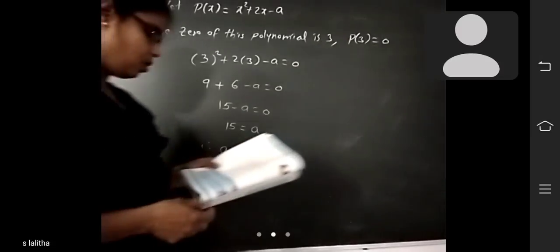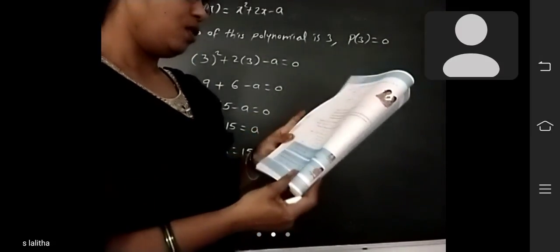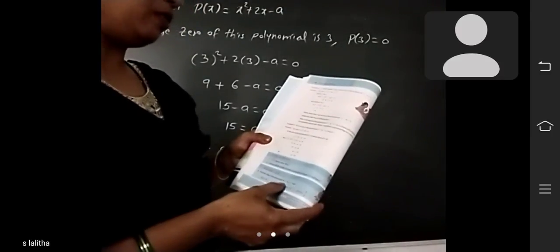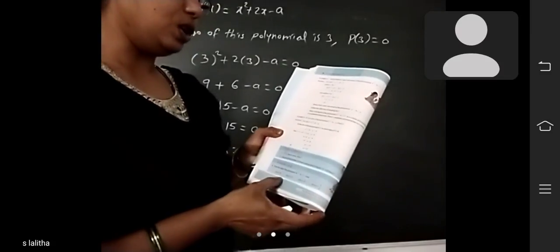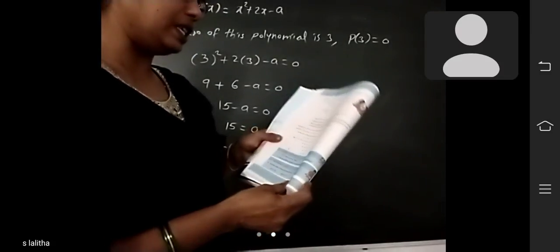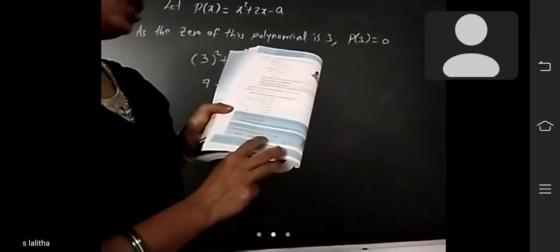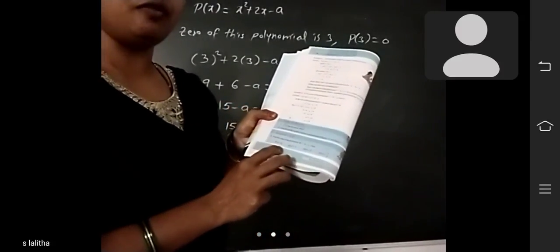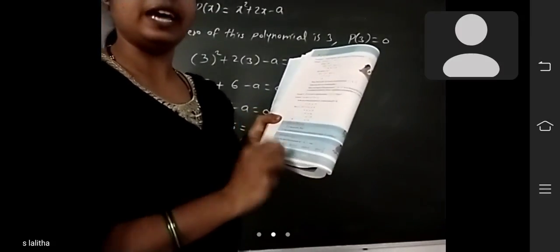So today, the homework is exercise 2.2. First Roman, see, find the value of the polynomial 4x square minus 5x plus 3 when x equal to 0, x equal to minus 1, x equal to 2, x is equal to 1 by 2. That means you have to substitute in this polynomial x is equal to 0 first. Next minus 1, next 2, next 1 by 2. Like that you can do.